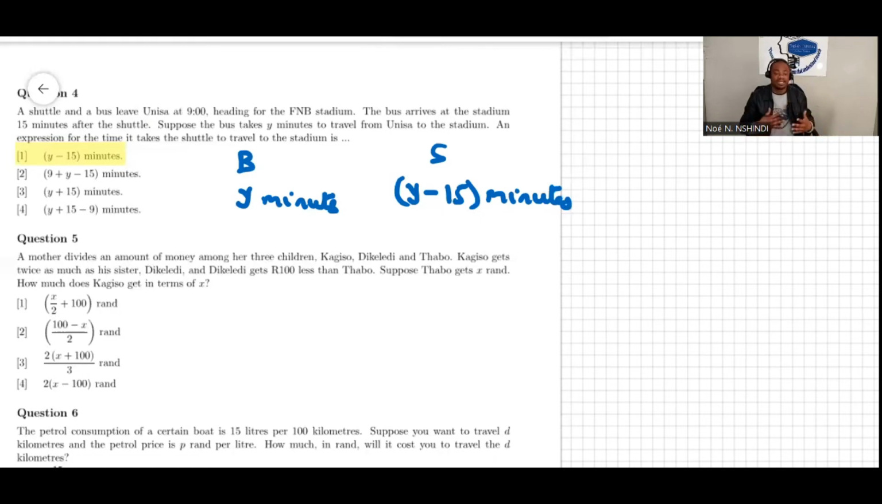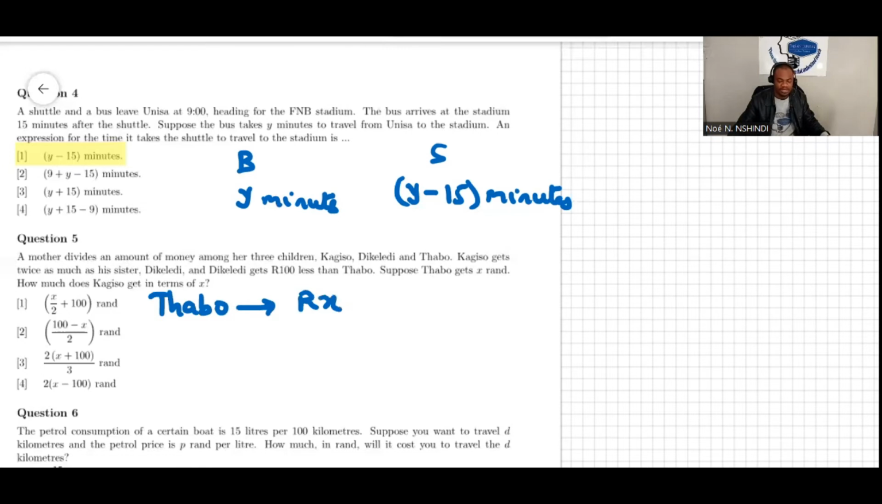Well, questions like that, it's better to solve them backwards, by looking at the unknown. Always identify the unknown. The unknown here is that Tabo gets X rand. Because we want to express Kagiso's money in terms of X, let's first see who gets X rand. Here was Tabo on the right here. Tabo gets X rand. Okay,